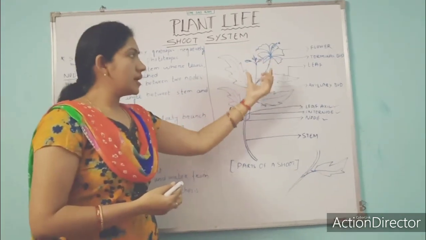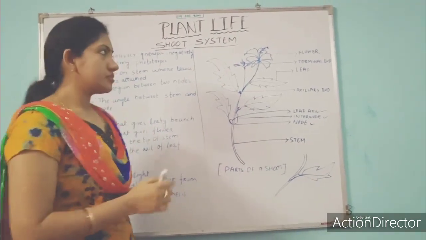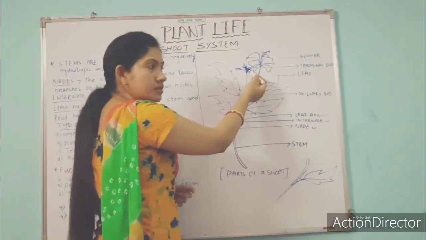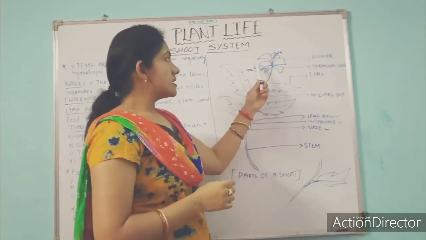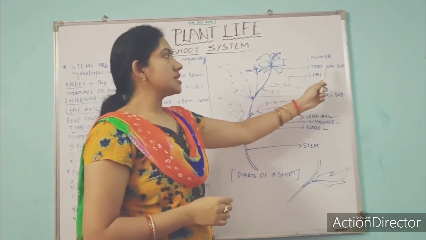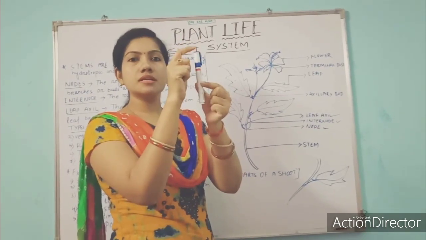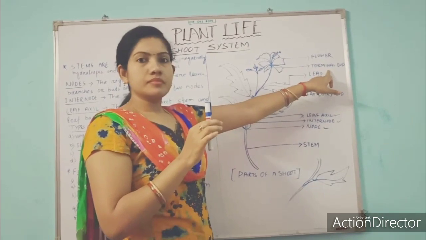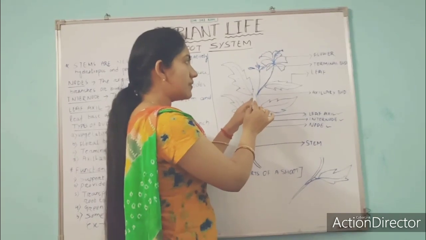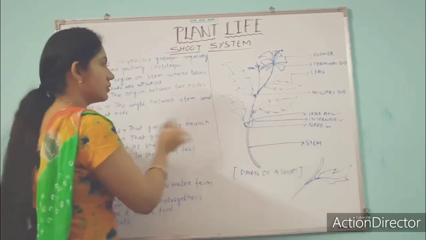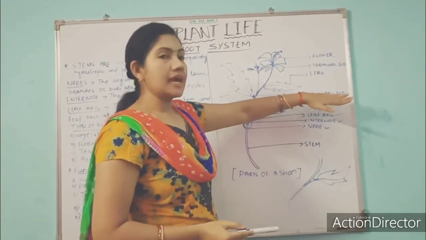So these vegetative bud and floral bud may be positioned in the plant in two places. It may be at the top of the plant or it may be by the side of the plant. If it is at the top of the plant, we call it a terminal bud. Top means suppose this is a stem and here if the bud arises, we call it a terminal bud. And if the bud arises by the side, on the leaf axil, we have already discussed what is leaf axil, we call it an axillary bud.